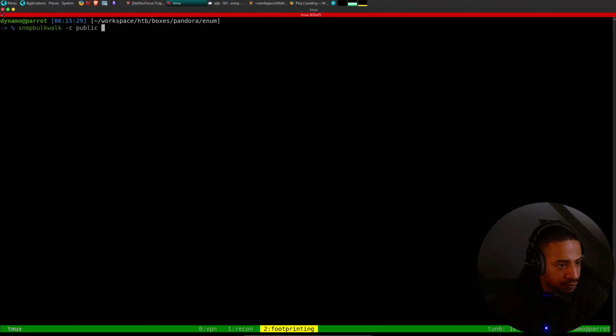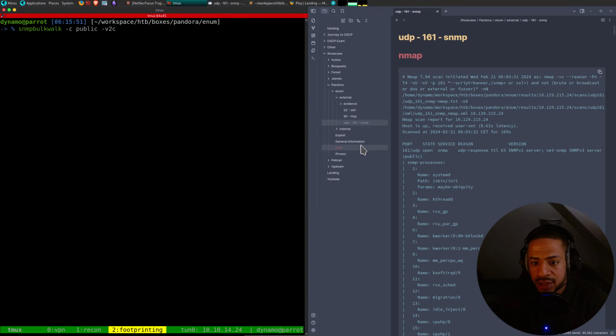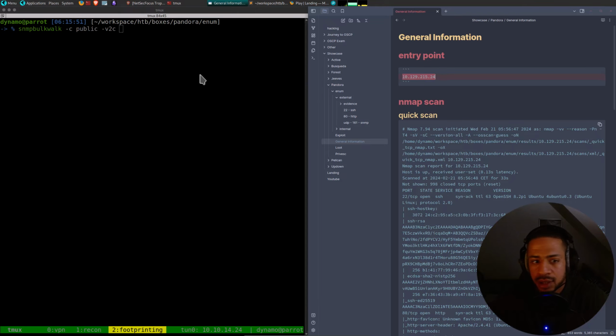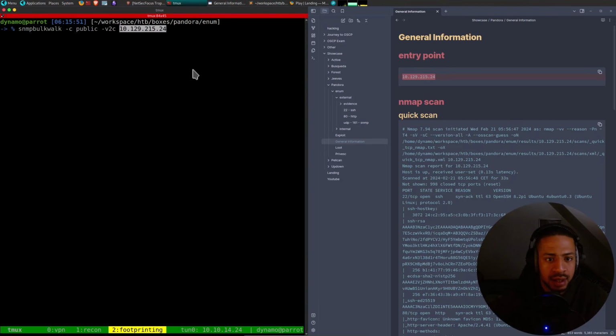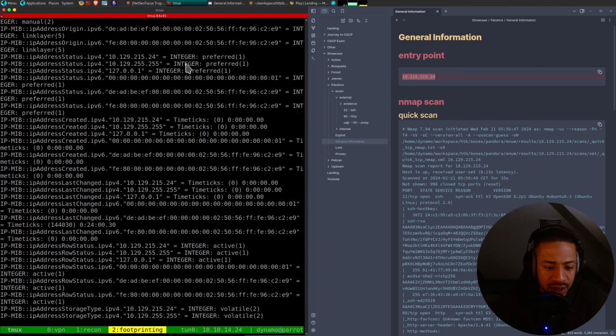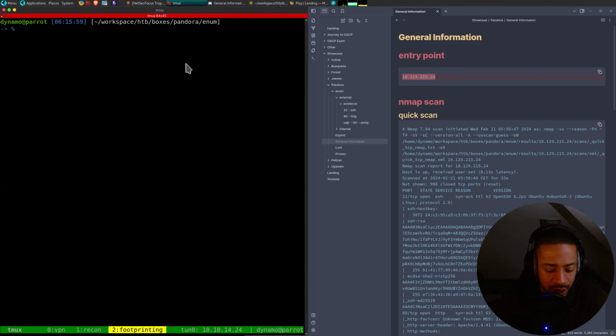So that was SNMP bulk walk -C public -V to C, and then the IP, which I have. Let me just put it like this. The IP like this. Now, this is a lot of output, and I don't like doing that like this.